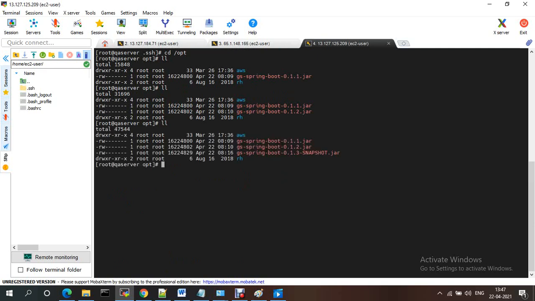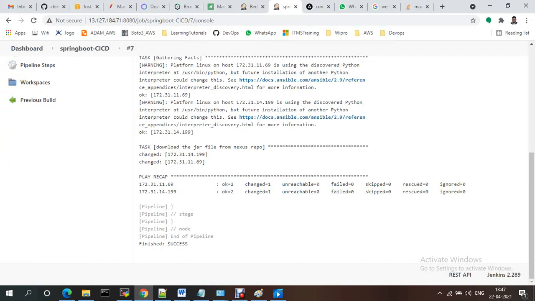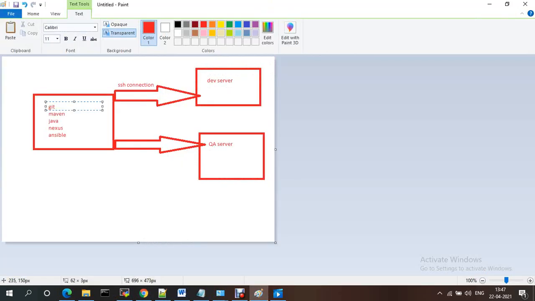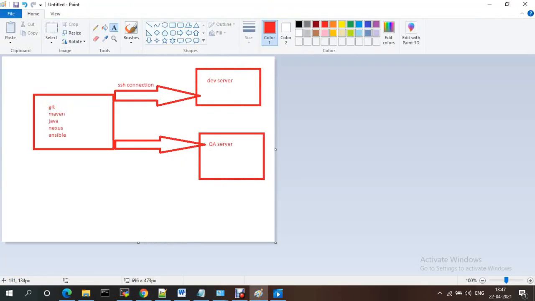So that's all about this one. So what we are doing here, right? We will build the jar file using Maven build. Whatever build we are getting, we will push into Nexus. We will download the file from Nexus using the playbook from the build server.